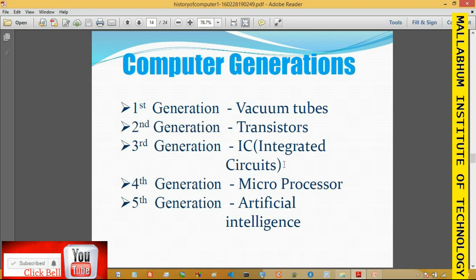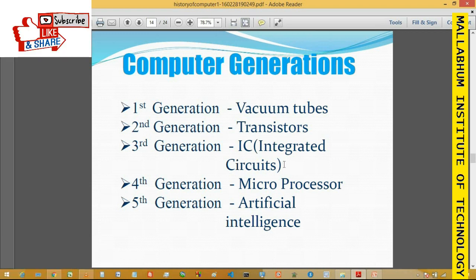Transistor size is further reduced with the help of this integrated circuit technology, so the computer size reduces too. The technologies associated with this era are small scale integration and medium scale integration, and the era lasted from 1965 to 1974. Hardware features of this generation are microprogramming, pipelining, cache memory, etc. And software features are multiprogramming operating systems, virtual memory, etc. Examples of computers in this generation are IBM 360, DEC (Digital Equipment Corporation) PDP-8, etc.